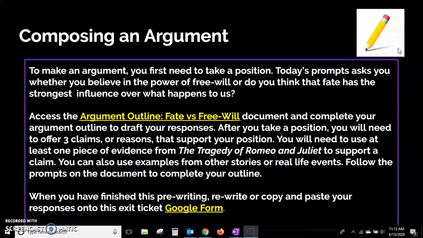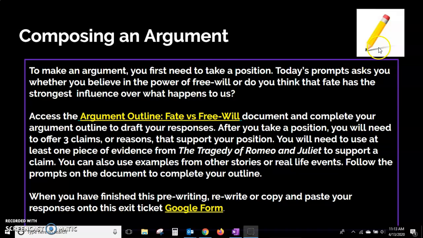All right, superhero scholars, it's time to bring everything together for our final activity of the day, which also concludes week 1 of our distance learning unit. We are going to be composing an argument. As you know, this unit will be developing our skills in argumentation, writing an argument. The final for this unit will ask you to write an argument. So let's get a practice one in here at the end of week 1.